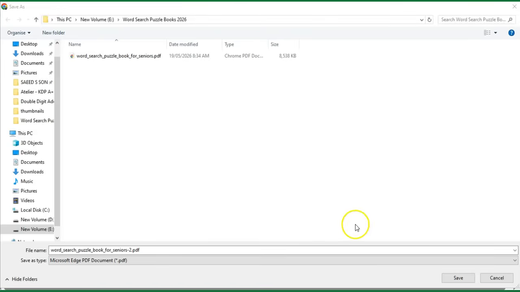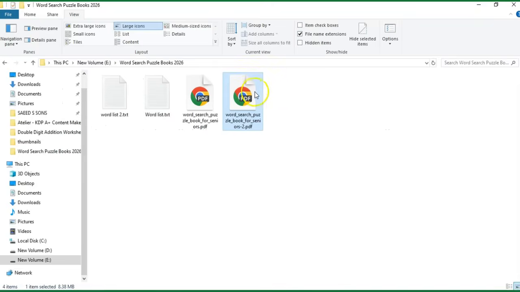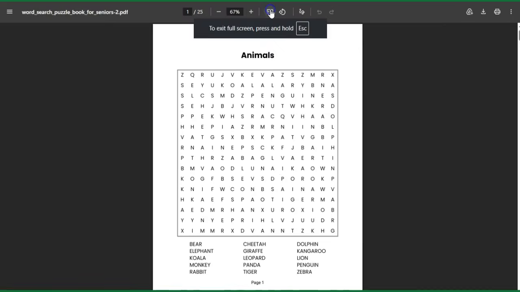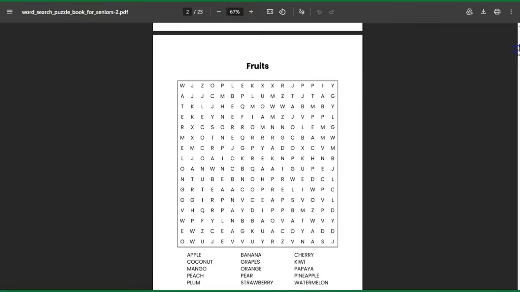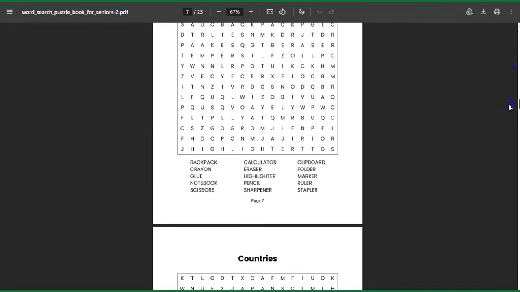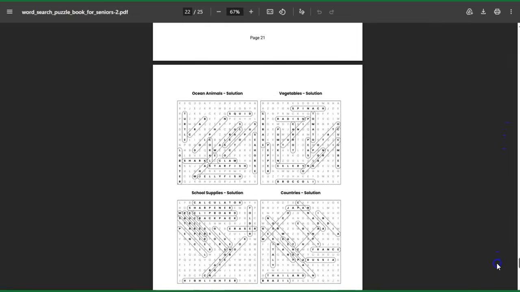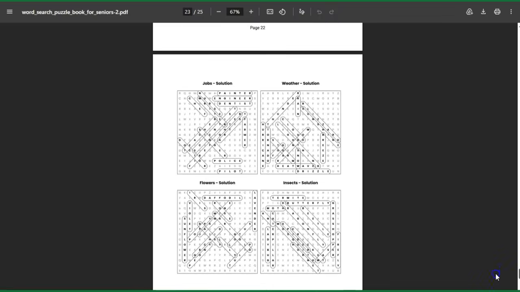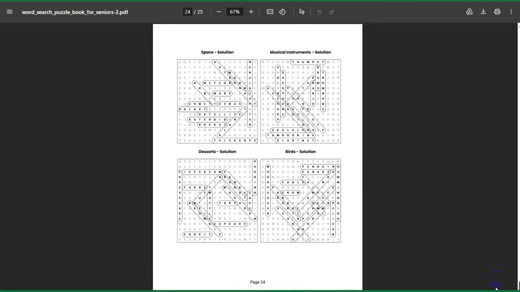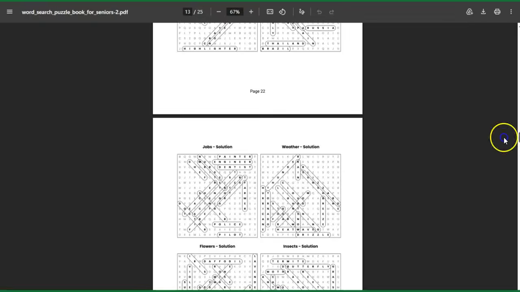So our puzzle book is ready. I can simply go to save and save it onto my hard drive. Let's see. So this is our puzzle book ready to sell on Amazon KDP, Etsy, or any website. You can sell this on a website or web store. You can see these are professionally created puzzle pages. At the end, the solution pages are given, 4 solutions per page. So this is a beautifully designed word search puzzle book that we generated only using AI and this simple app,